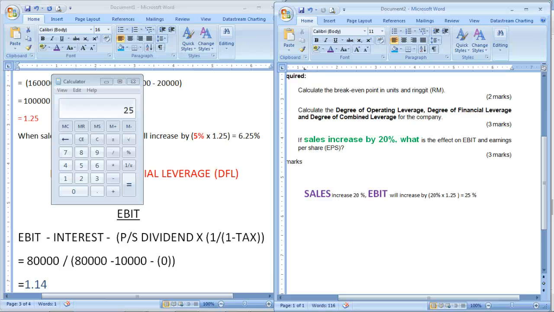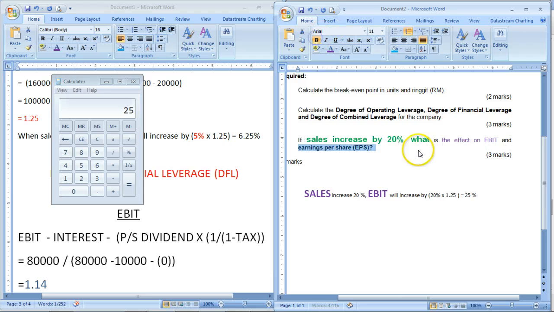It's not good. So can I conclude this? High risk, high return. A higher DOL and higher DFL is considered high risk, because when sales decrease, your EBIT will decrease more than your sales. However, if your sales increase 20%, your EBIT will increase higher than your sales increase. So there is a higher return. High risk, high return. That is 25%. But the question asks you the effect on EBIT. Next, the effect on